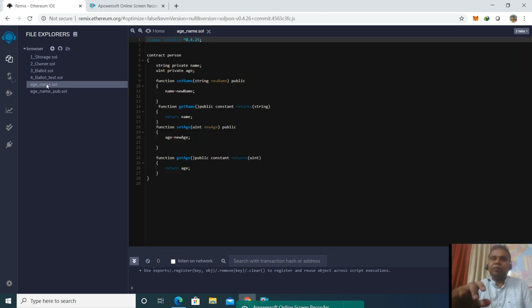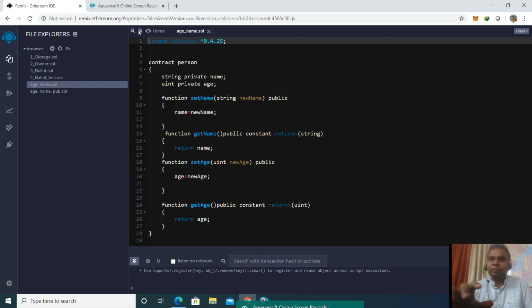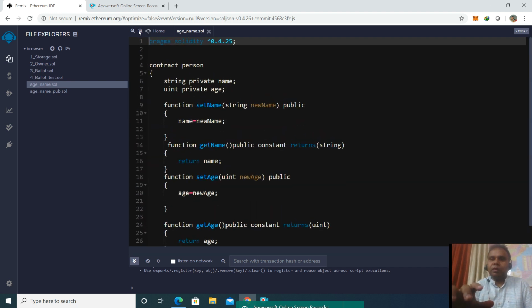Now we will take, for example, this Solidity program which we have already written. We cannot teach in a lecture how to write the contract in Solidity. The basic aim today is how we can deploy using the Remix platform. Now the code which is visible to you, let me zoom it. This is a small code which has been written in Solidity.